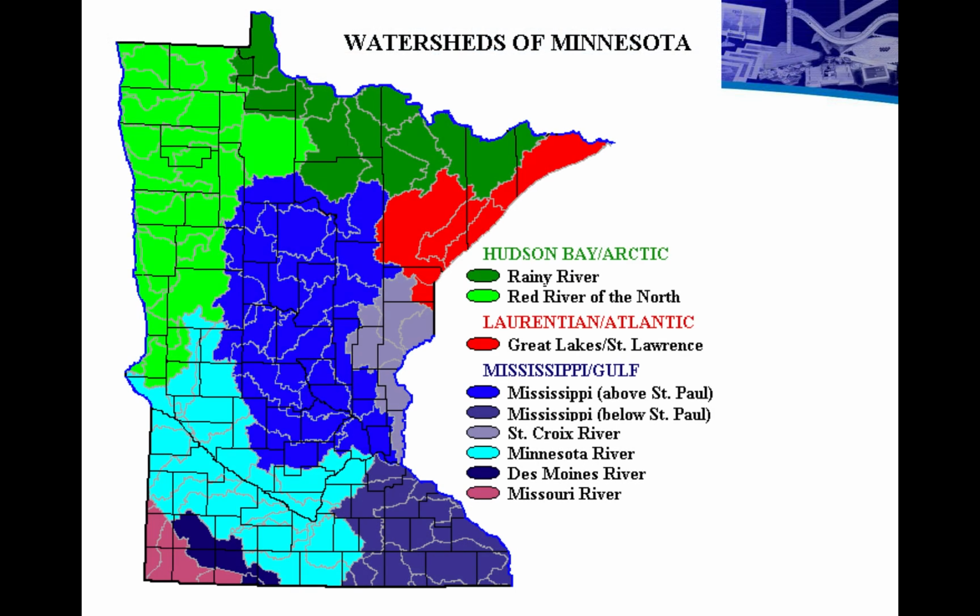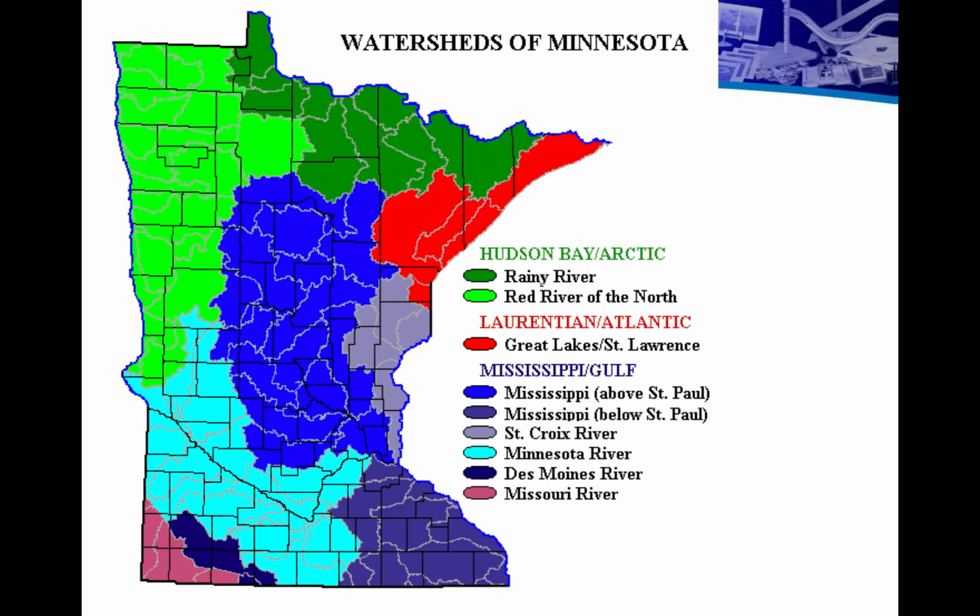Here's another map just showing us more specifically the state of Minnesota. And we're going to talk about these also in class. But once again, you guys can pay attention to where we're located. We are in a 3-way watershed up there, which is pretty cool. Not that unique when you look at the whole state. But if you look at the red area on the Minnesota map, that would mean all the water that falls in that area will go into Lake Superior. And if you know anything about the topography in that area, the Laurentian Divide is up there. So you have a really large ridge in northern Minnesota. So the water is going to naturally flow towards Lake Superior if it lands anywhere in that red region.